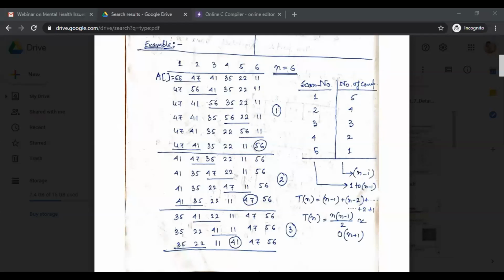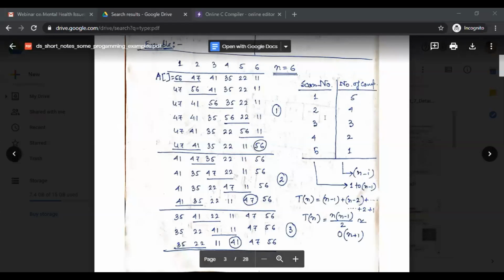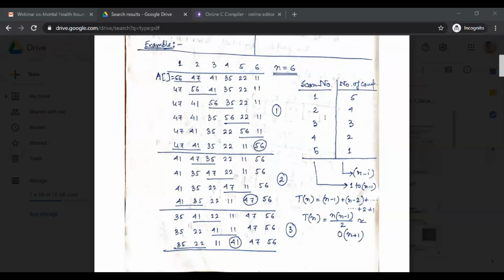Okay, now my loop is executed for the second time, when I is incremented by 1. So the first time, the I value is 0.